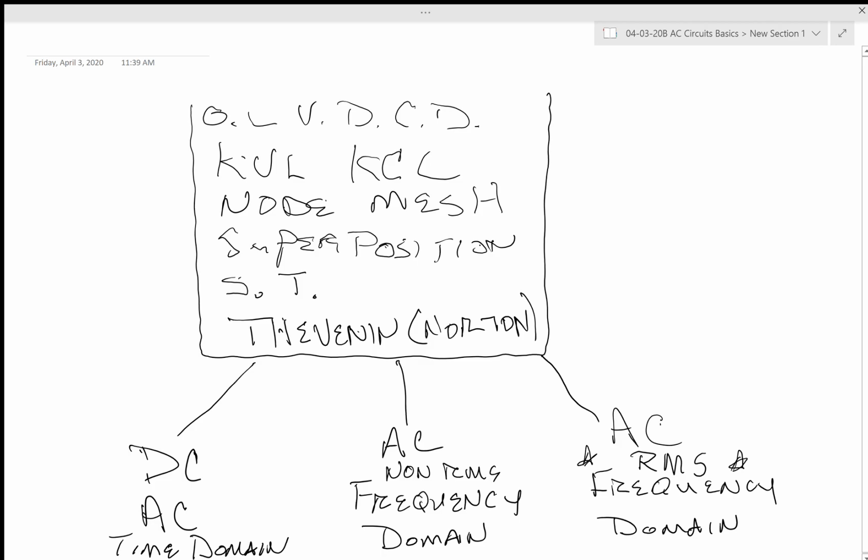I mean, if you want to make it hard for you, do non-RMS, and then you have to convert to RMS. And the big difference between AC and DC, or time domain and frequency domain, is P and Q, power. So we're going to stick with AC RMS values because it's just easier to start with, end with, and stop with. So just to give another overview of what's going on,